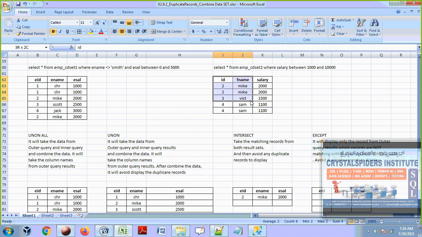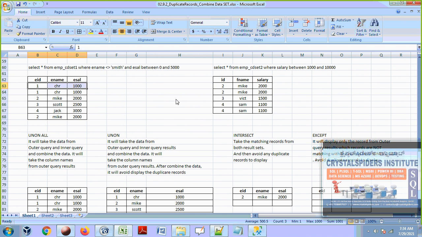It will not display any record from the inner query results. The except operator always displays the records from outer query results only. But which records? That's very important. Whatever records are not matching with the inner query results, display those records. That's it. Very simple. Let's see this.